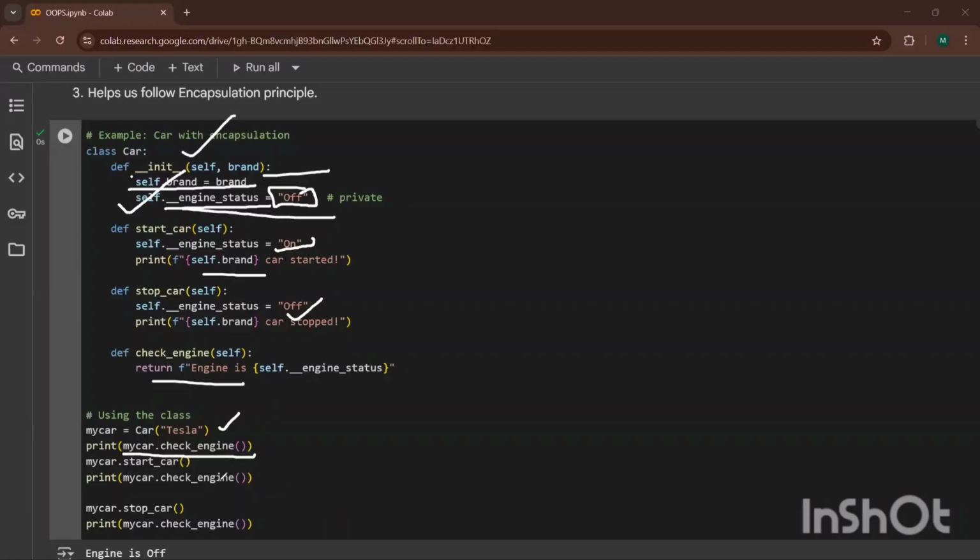After that, I'm starting the car. Now the car got started, and off got changed to on. Now if I check the engine, it will be on. After that, I stopped the car, so on got changed to off again. Now if I check my engine status, it will be off.